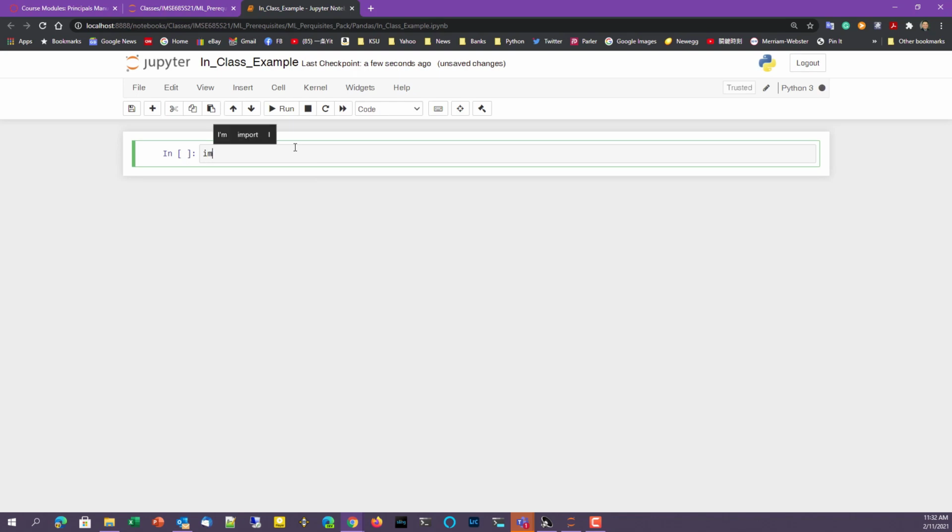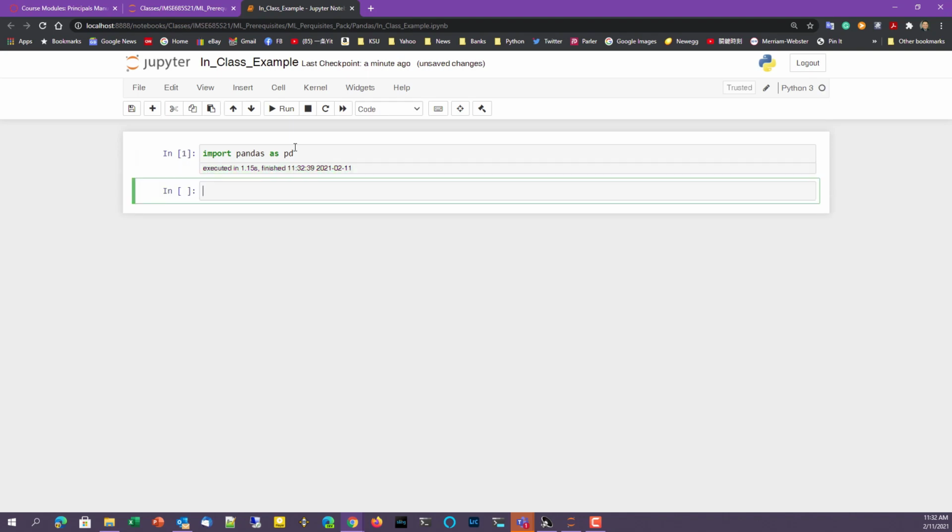First, we're going to import Pandas. Import pandas as pd and press Shift Enter to see if you already have your Pandas library installed. If no error shows, that means you're fine. Everybody okay with me? So now I'm going to read in a data file called